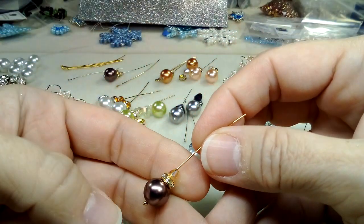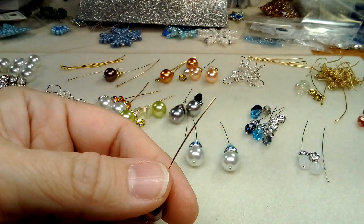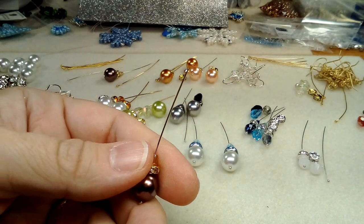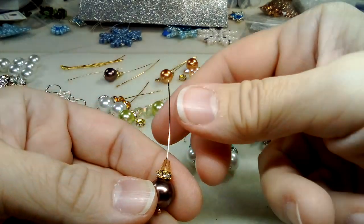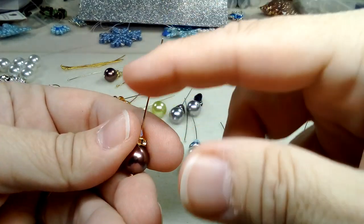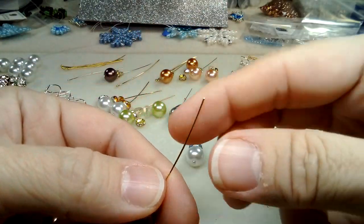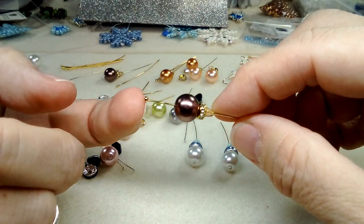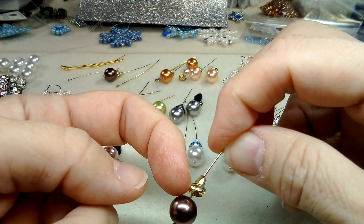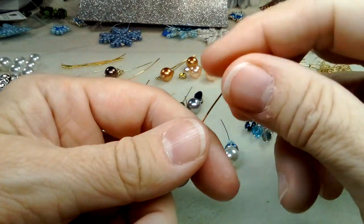I don't know how good my wire wrapping is going to be, but I'm going to attempt it and see how I make out. So this is the first one I have, and initially I used silver eye pins, and I decided to match it with the color of the metal on these crystals,